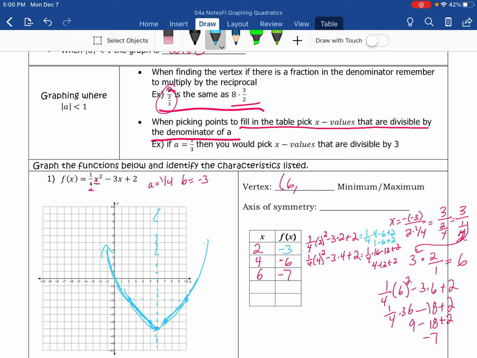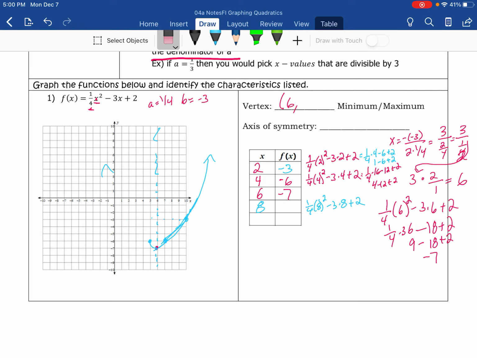And you can plug these values in and figure it out from there. Or you can just use your axis of symmetry and just kind of count. So if I were picking points on the right side, I would pick 8, because this would be 1/4 times 8 squared minus 3 times 8 plus 2. And if you plug all of that in,